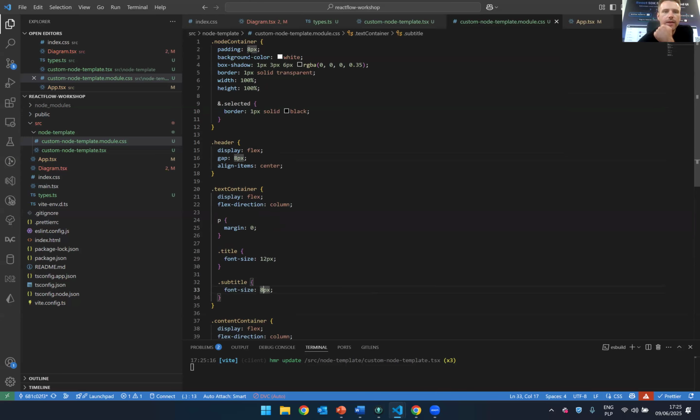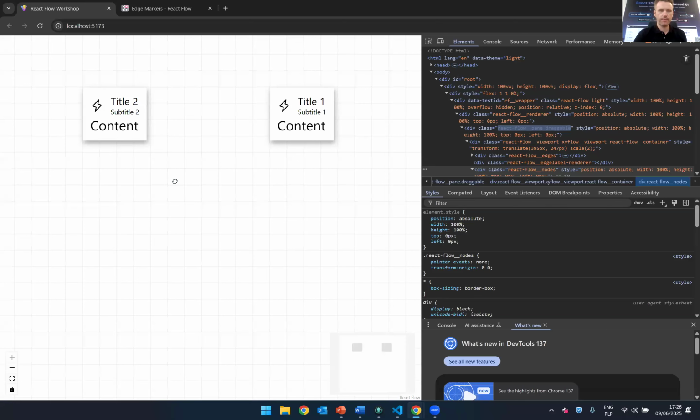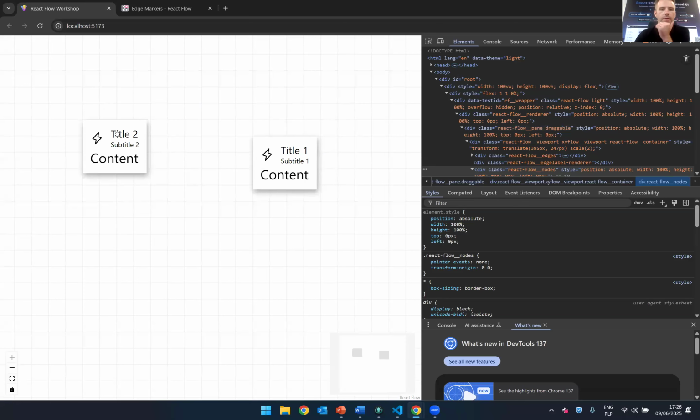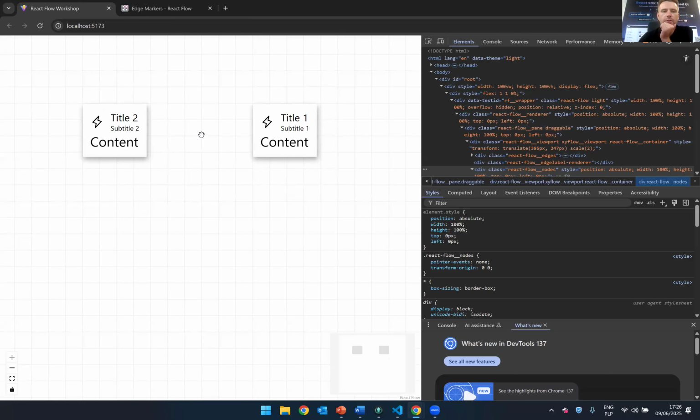And actually, I'm already prepared for the selected state. So if I select an object, I wanted to change the border to black from transparent. All right, so right now let's see how those styles work. Okay, so I can see that the styles work correctly, but when I select an object, nothing happens because I